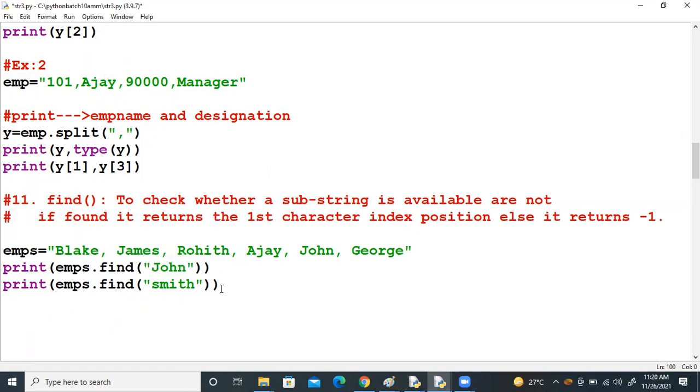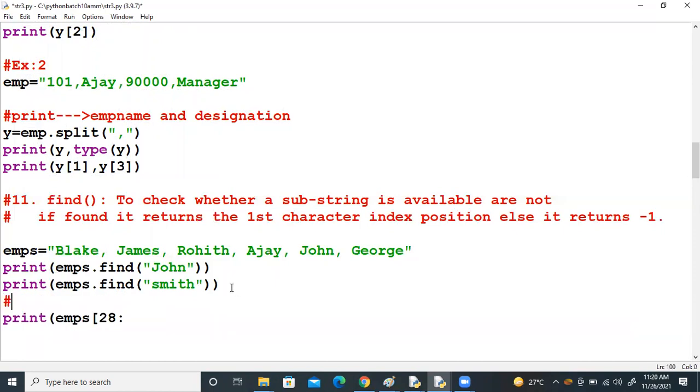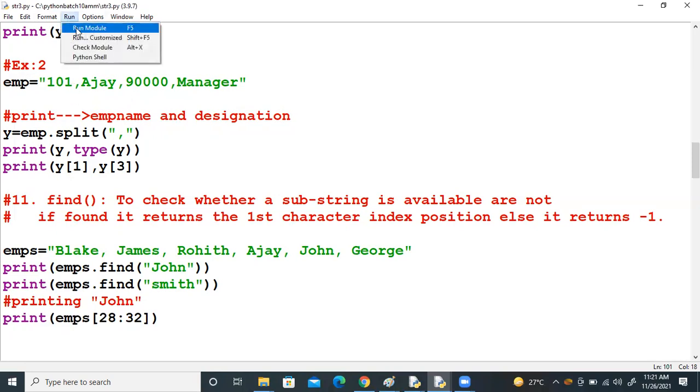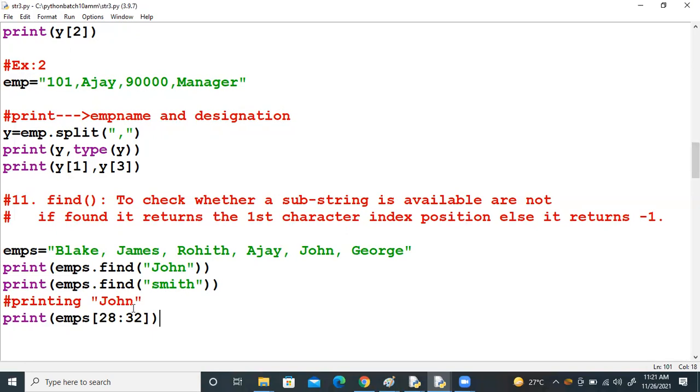Now using that slicing, can you print that John? emps of 28 to... printing John. 28 to 1 2 3 4, add 4 to it. 28 29 30 31 32, we need to say, right? 28 to 32. 32 excluded, up to 31 it will consider, right? John. emps of 28 to